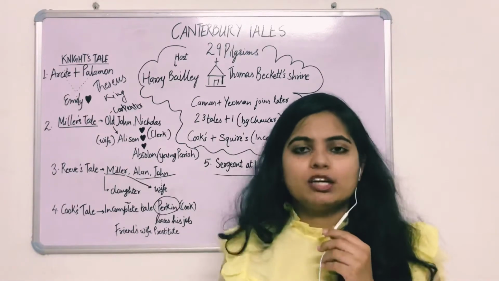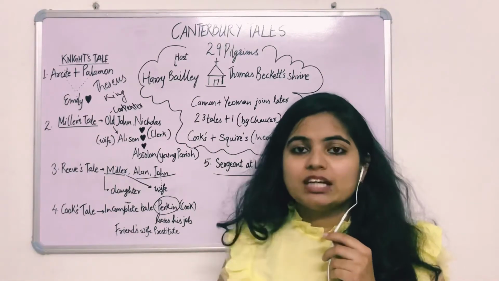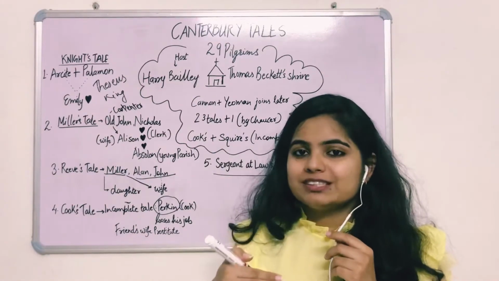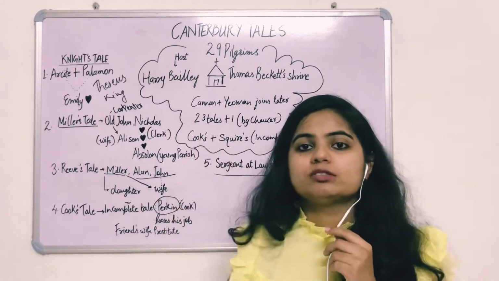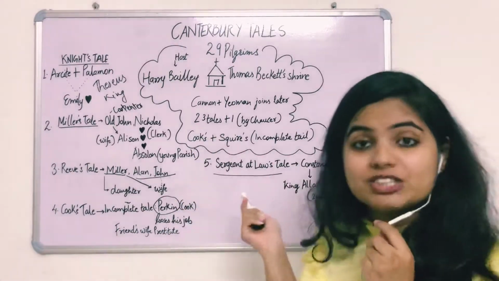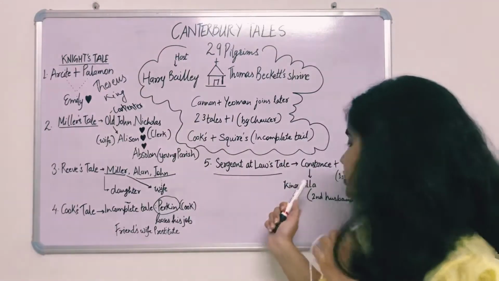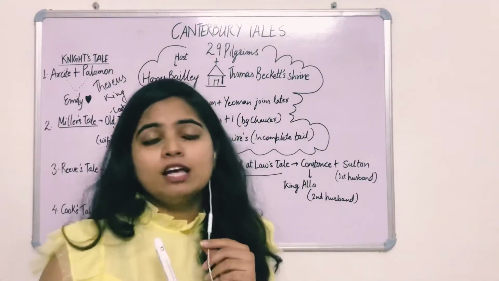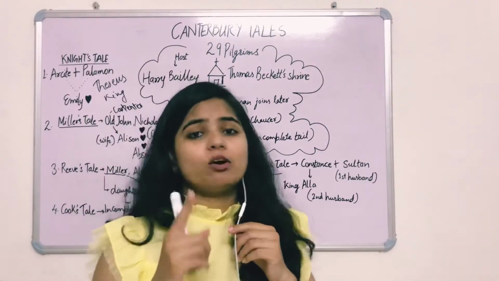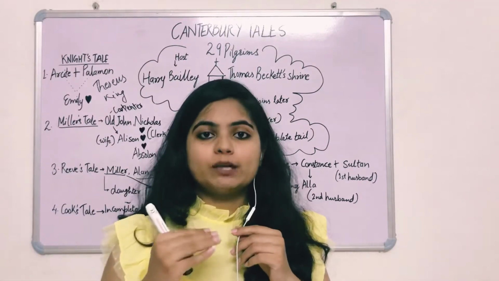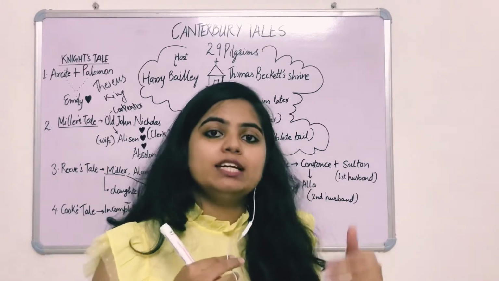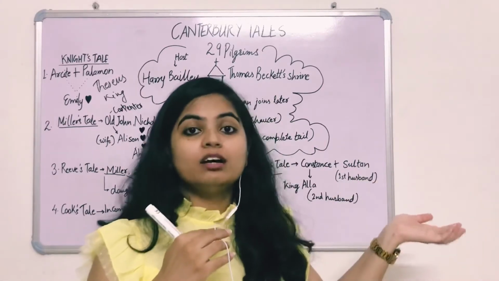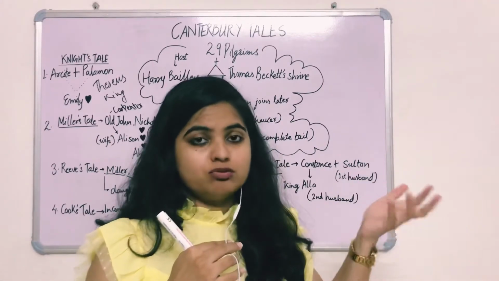Like, if a question comes in your exam, like which is the tale related to justice and equality in the whole story, then here we have the Sergeant's name, right? So the Sergeant's Tale is about Constance and the Sultan. The Sultan is the first husband of Constance. Constance is a Christian lady, and she convinces her husband, the Sultan, to adopt